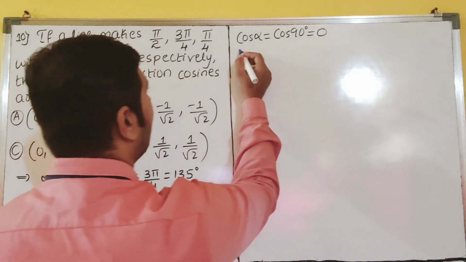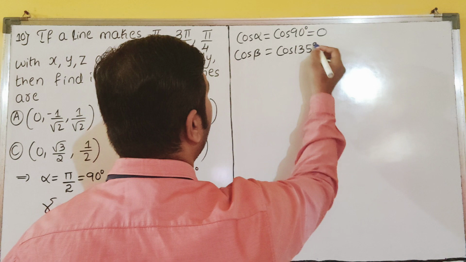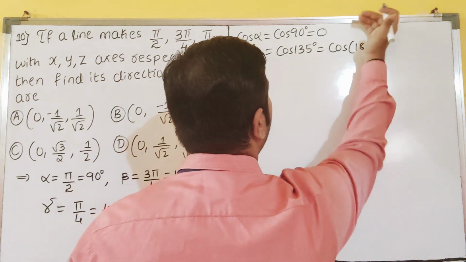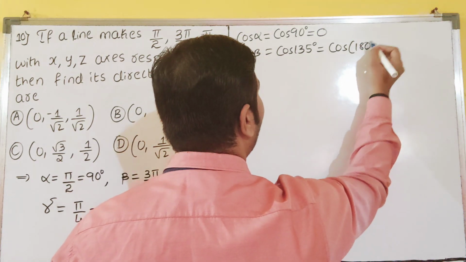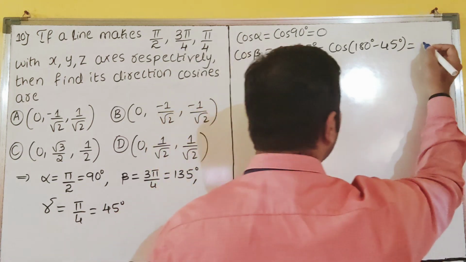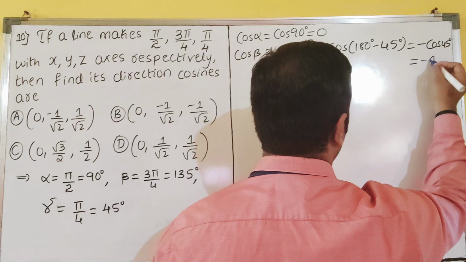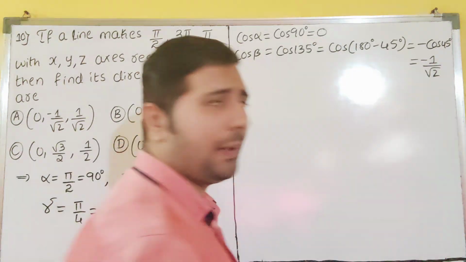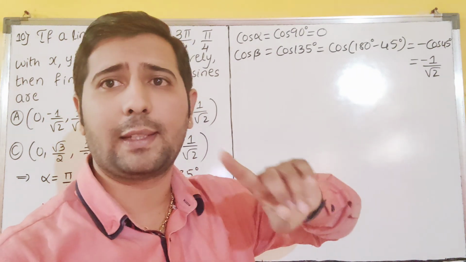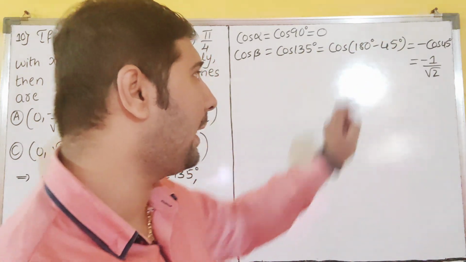So now see here. Cos beta is what? 135. It is cos 135. How can we write it? Cos 180 minus 45. So then I can write it as minus cos 45. I will not explain this to you, dear students. I am sorry for this, because I already explained how it becomes minus cos 45 degree. Go through the sixth question in this video only. I am saying, not other videos. It is there in this video.